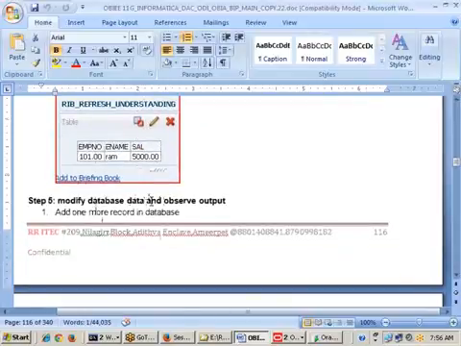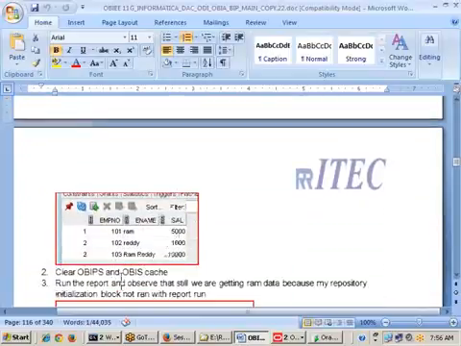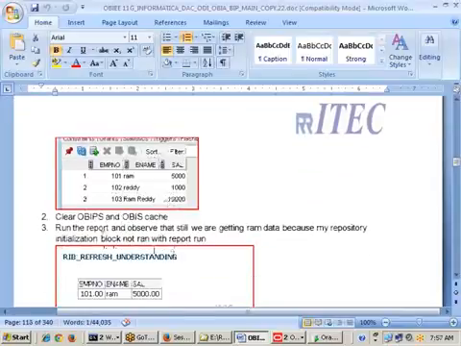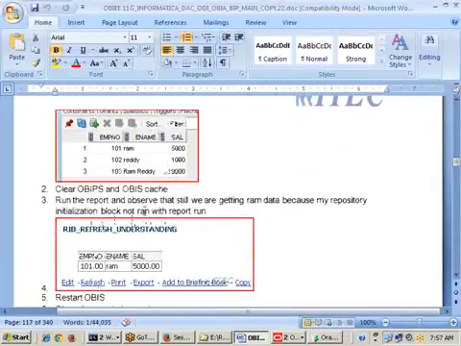Now modify the database data and observe the output. We are going to modify the database data and insert one more record, 10,000, which I inserted here. Now clear the OBIPS and OBIS caches also. Then run the report and observe that still we are getting